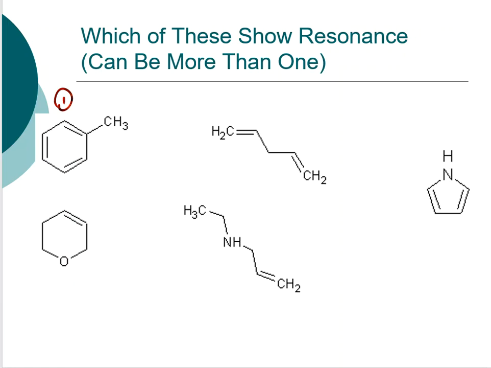Is delocalization here? Well, look, here's a double bond, and it's right next door to another carbon with another double bond. That in itself, ding ding, yes it does. So how would this move? These double bonds, or the free set, can go here, this free set can go there, this free set can go there, and we can get movement all the way around in that case. So delocalization can take place. Number 2,